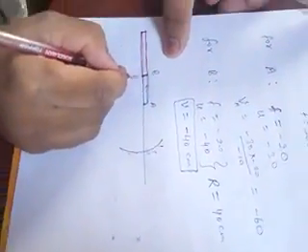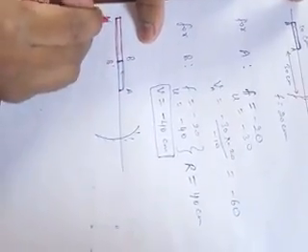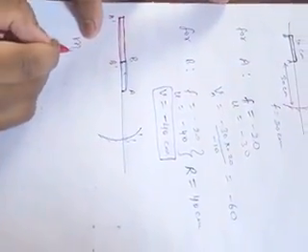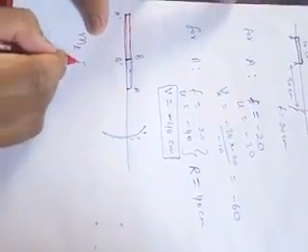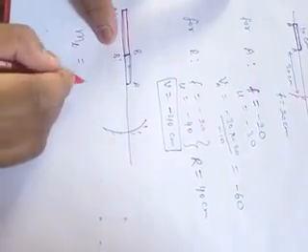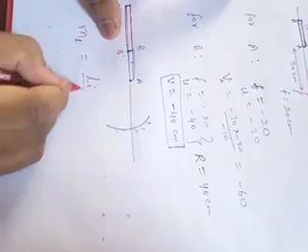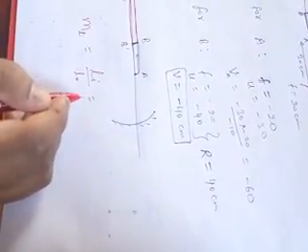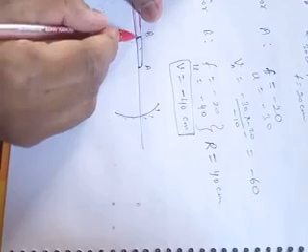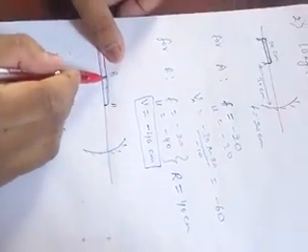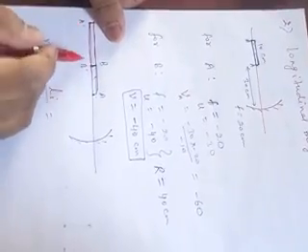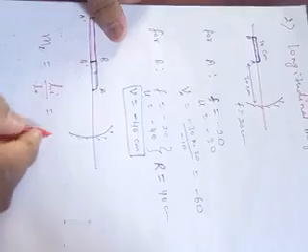This point is B dashed also, and this point is A dashed. Okay, so here if I define the magnification in the longitudinal case, ML equals the length of image by length of object. One more point we have to take care of here: the object is from B to A, but the image is from A dashed to B dashed. So one minus will come.